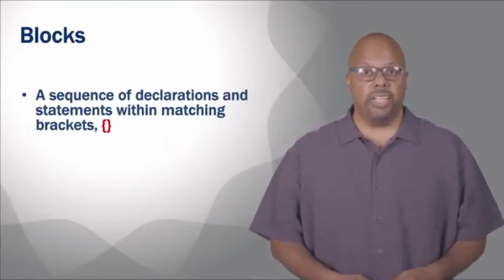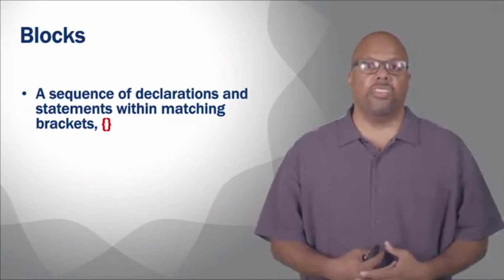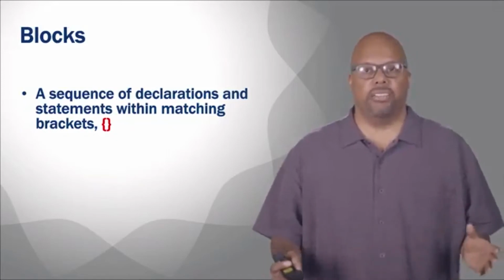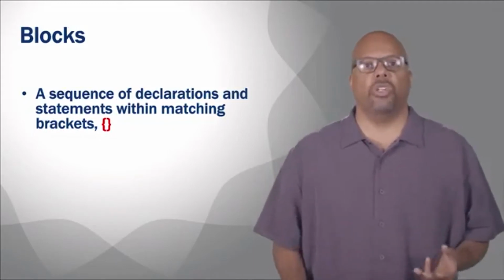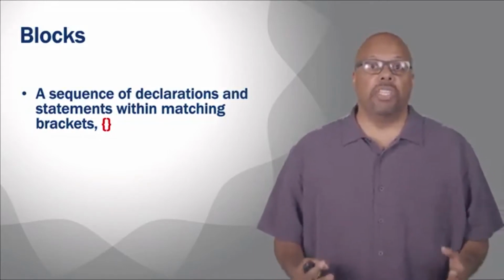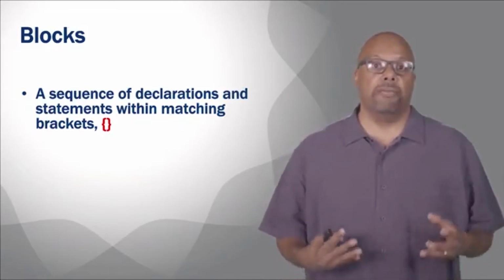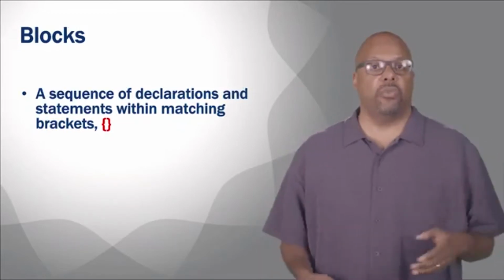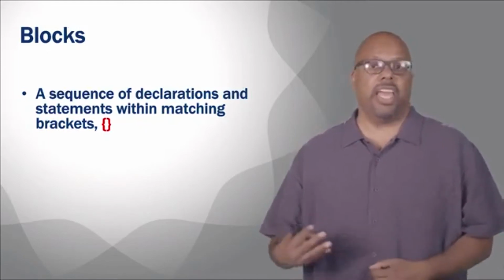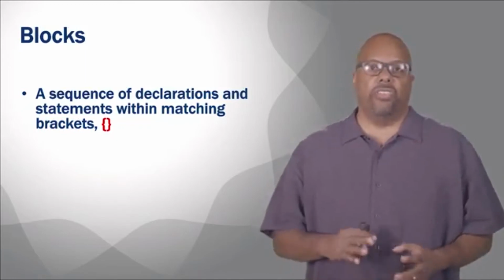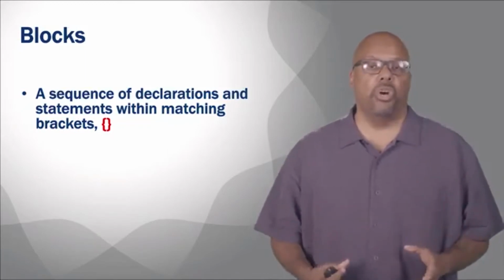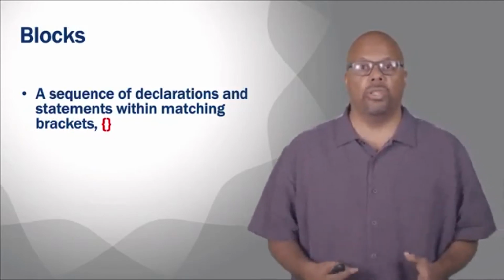In Go, variable scoping is done using blocks. A block is a sequence of declarations and statements within matching curly brackets. Those curly brackets right there, an open curly bracket and a close curly bracket, everything in between is called a block. That's how you explicitly define blocks. You notice how these blocks can be hierarchical. You can have curly brackets, and within that you can have some other curly brackets, and within that you can have some more. So you can have this hierarchy of blocks. And these are explicit blocks that you as a programmer included.